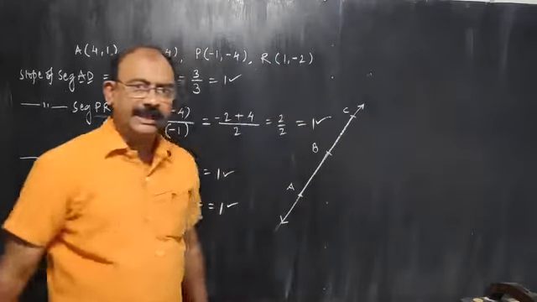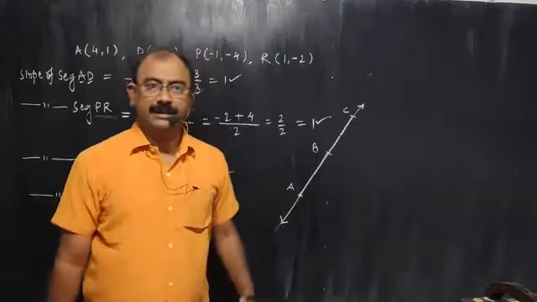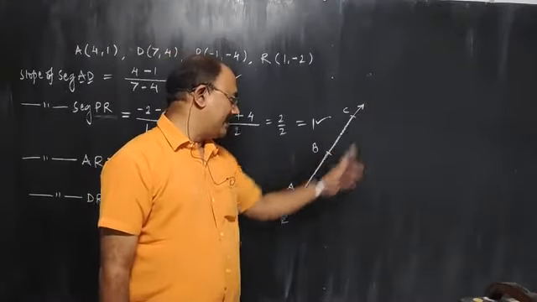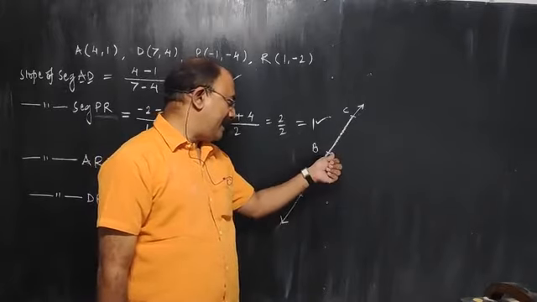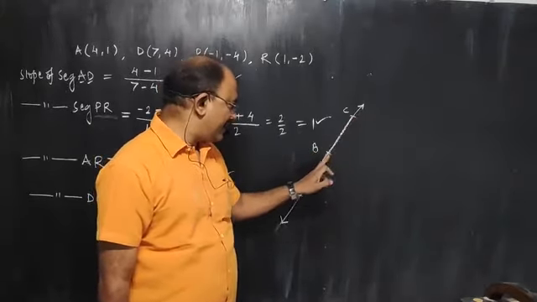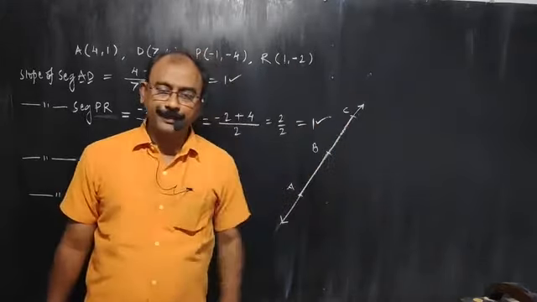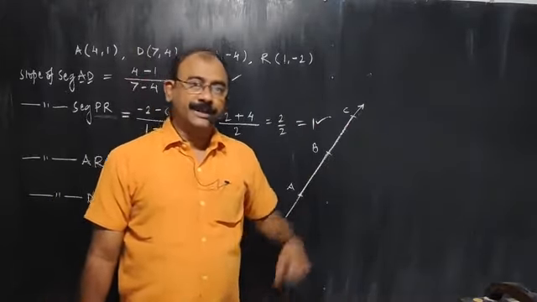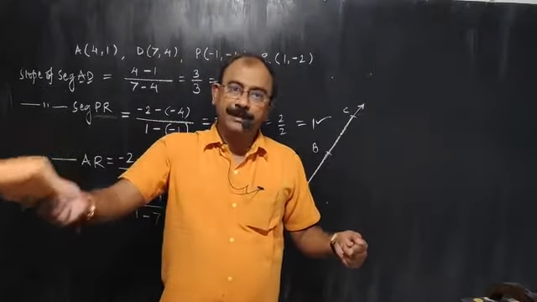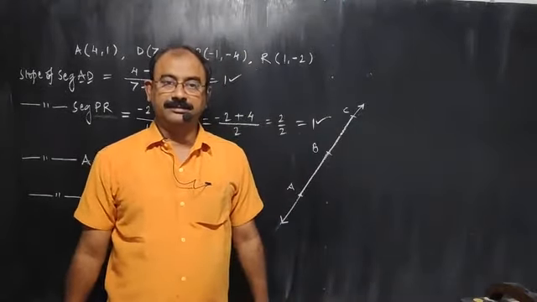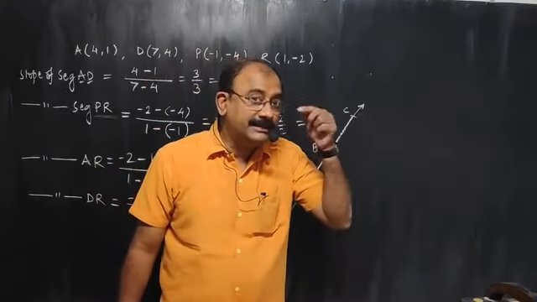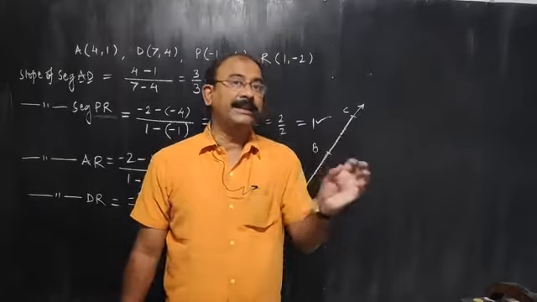I am expressing my conclusion in terms of if then. If 3 points are collinear, then slope of segment AB will be equal to slope of segment BC. इसकी जितनी चढ़ाई होगी उतनी ही चढ़ाई इसकी भी होगी. Alright? Now the converse will be if slope of segment AB is equal to slope of segment BC, then we can say that. See, there is some secret thinking involved in it.